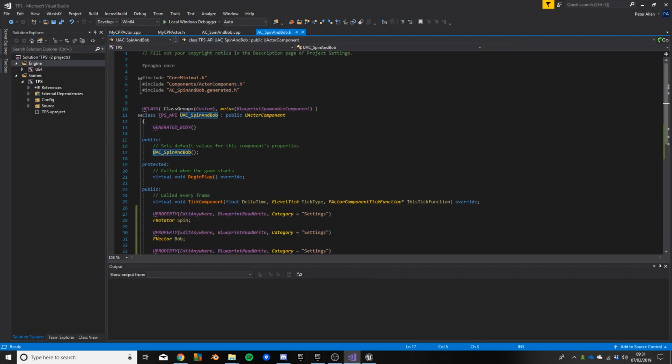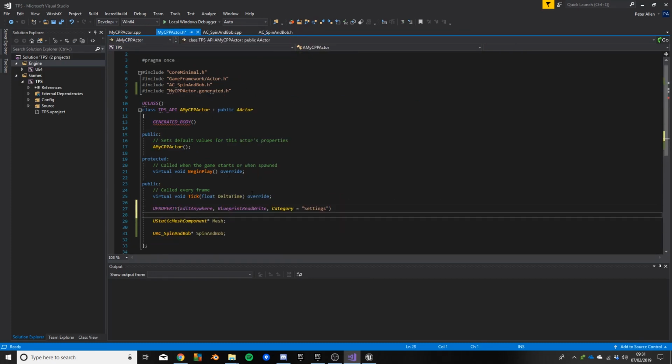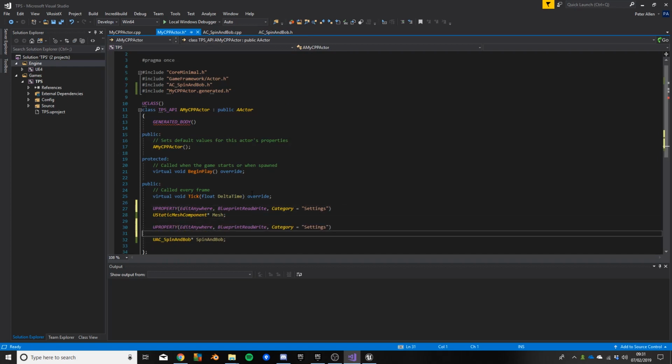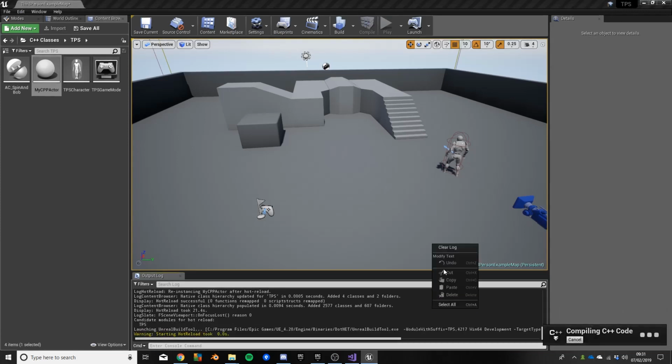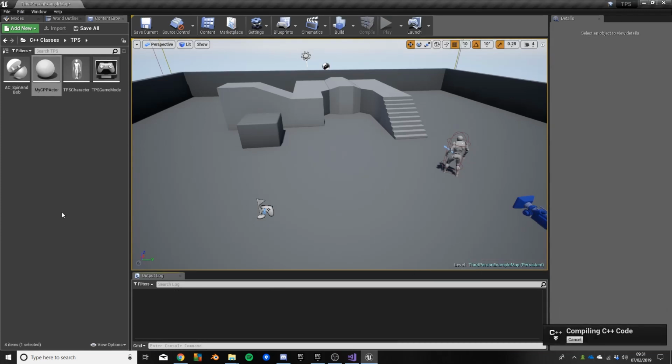So the fastest thing to do here is just, I suppose, copy that line back into here, paste that in there, and paste that in there, save that, and then when Unreal's finished compiling, which it has done, we'll hit compile again to bring those two extra lines into account. If I hadn't put those in there, when we drag this myCPP actor into the world, we wouldn't be able to see the mesh or the spin bob components so as to be able to do anything with them. So we'll let that just build, and then we'll test out this CPP actor,